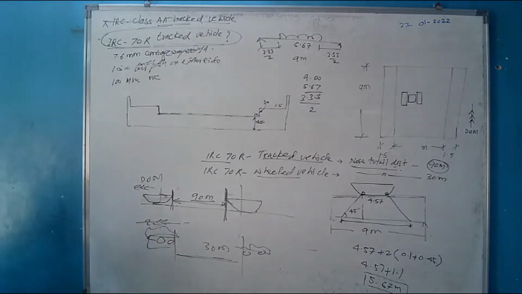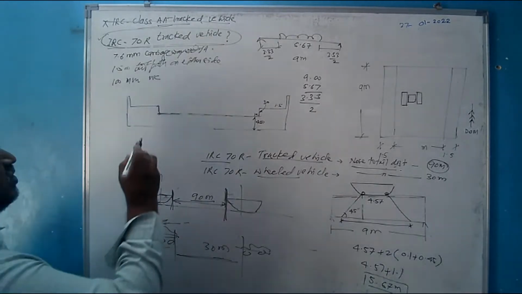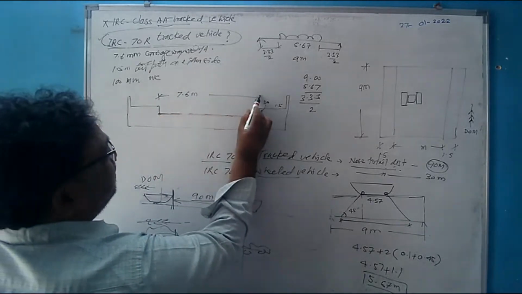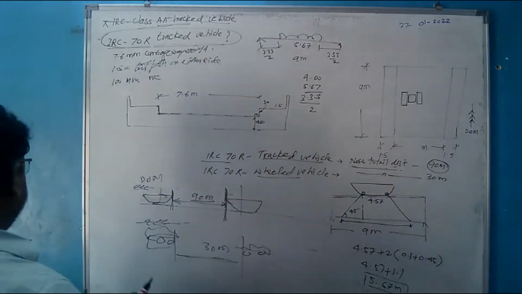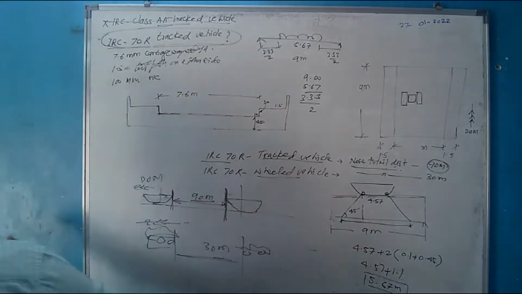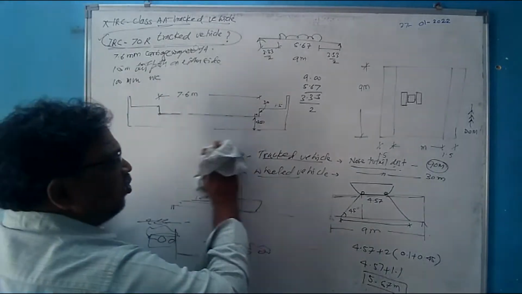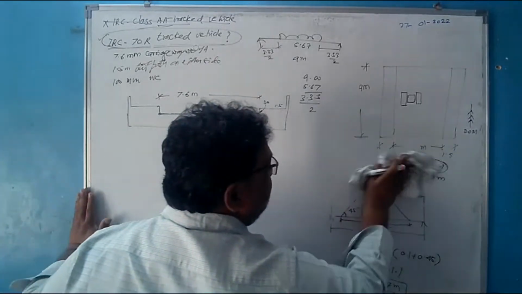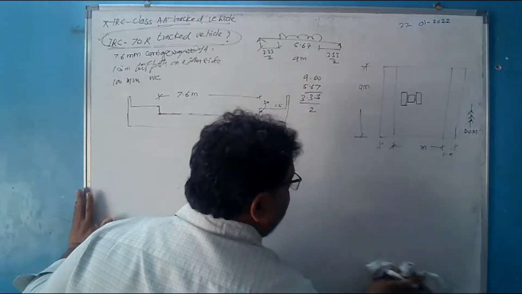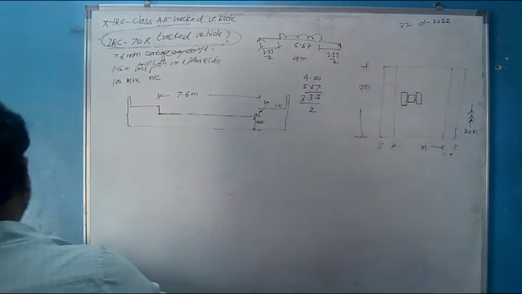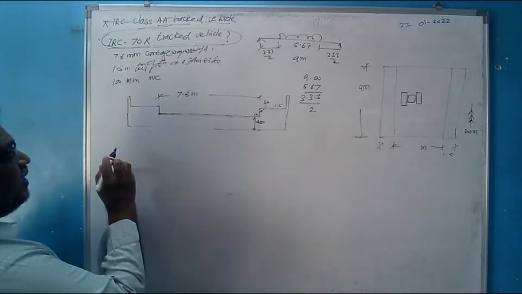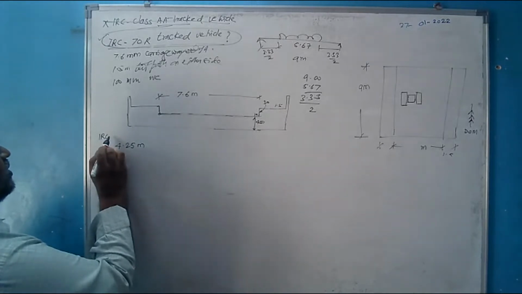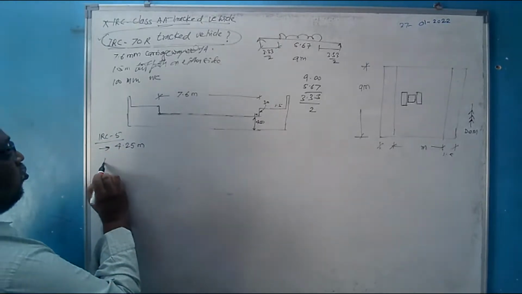Now what is the nature of this bridge? How many lanes can we consider? It is 7.6 meter. If it is 7.6 meter, then we can consider this as 1 lane, 2 lane and 3 lane. How many lanes should we consider this bridge to be? How many lanes will this be? For 1 lane, if you see, there is a clause of 4.25 meter in the code. This is in IRC 5. For 2 lanes,